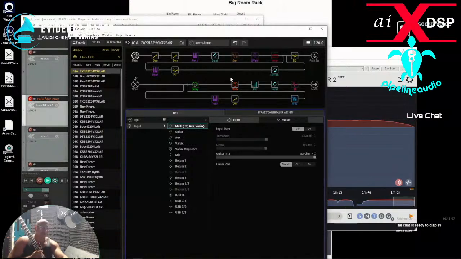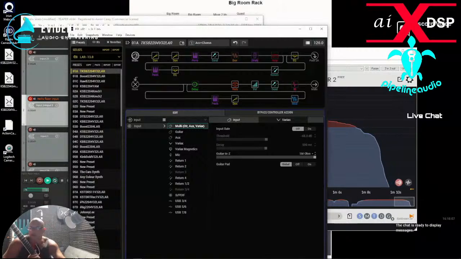Still think the acoustic's probably too loud, but this is fine for what I'm trying to do, and everything's leveled. I'm going to be back after